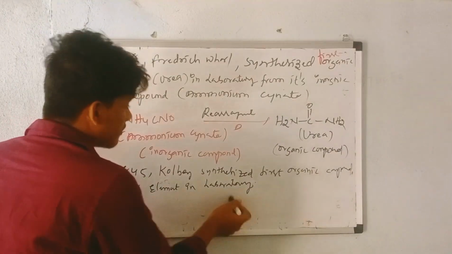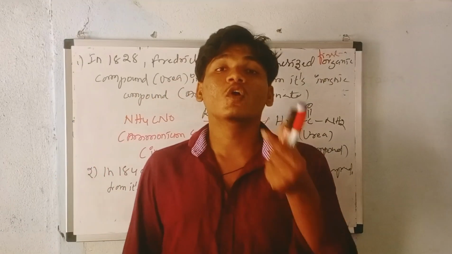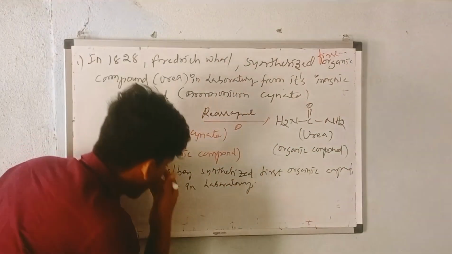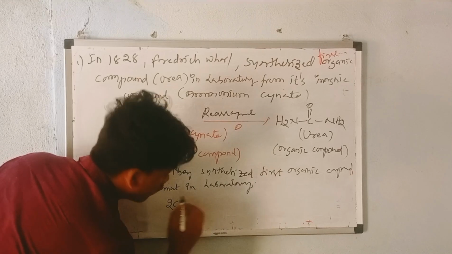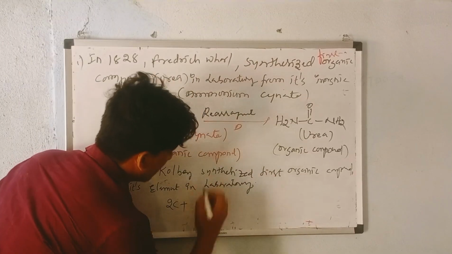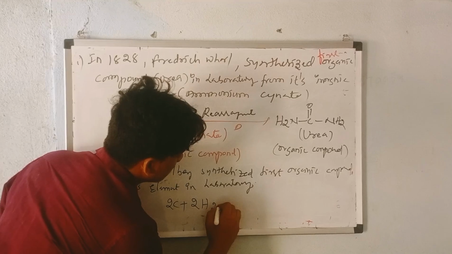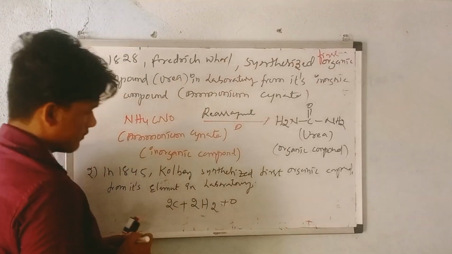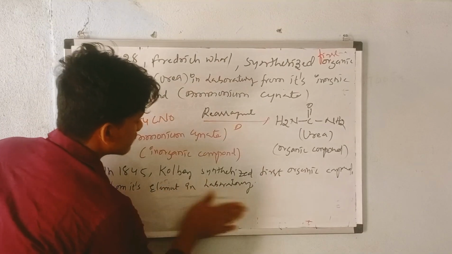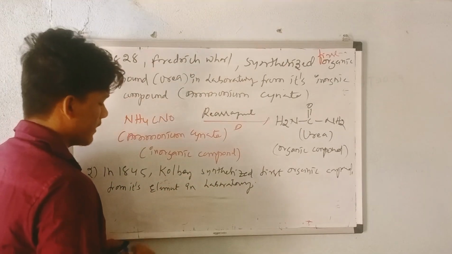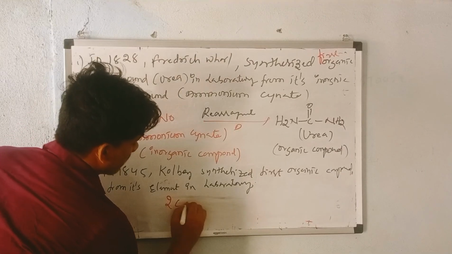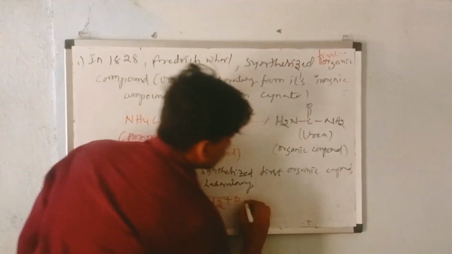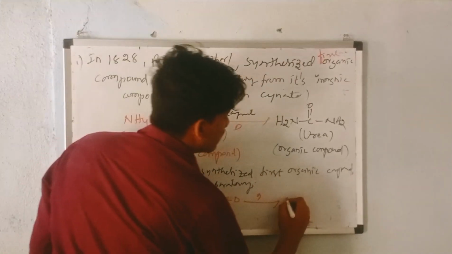So what it means, he synthesized the organic compound named acetic acid. What is this? Acetic acid. So the formula is like this. So when he combined 2 moles of carbon with 2 moles of hydrogen and oxygen on heating it. Okay, I will write with the red marker, not pen, right? So 2 moles of carbon plus 2 moles of hydrogen plus O. So on heating it, he got 2 moles of